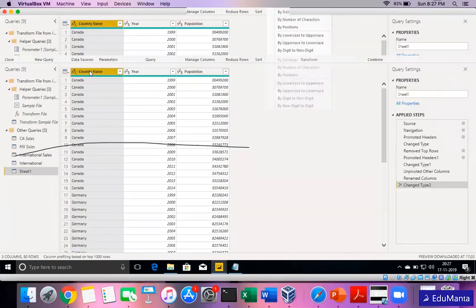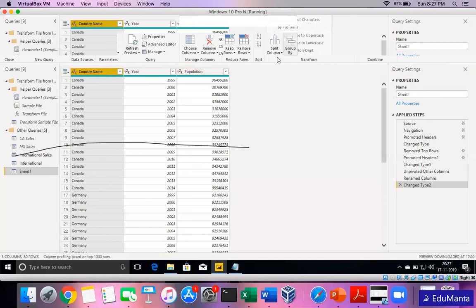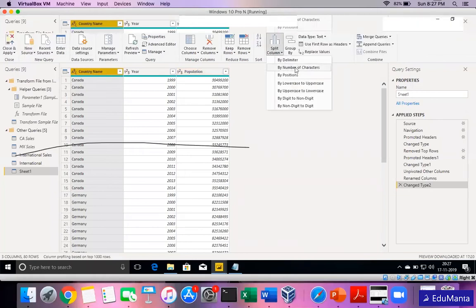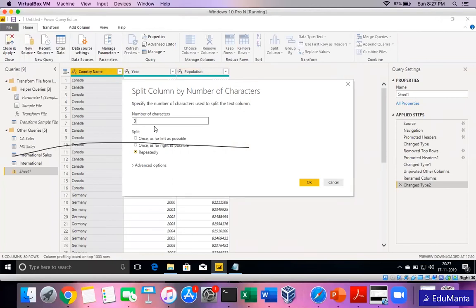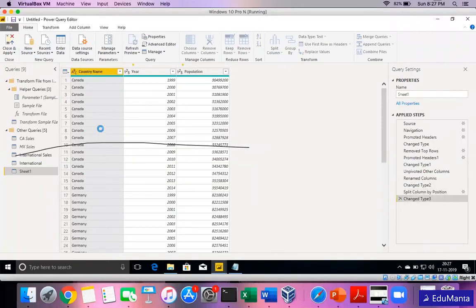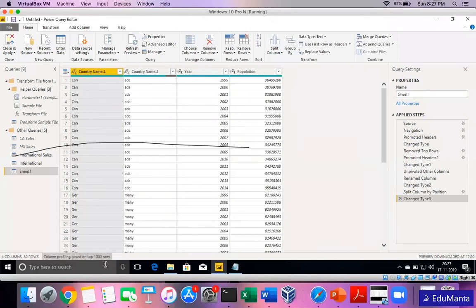For example, I have a country name, but I want to create a column which will have just the first 3 letters of the country name, which will be used as the abbreviation in the report. So I select this column and select split column by delimiter. It can be by position, or by number of characters. So I will say by number of characters, and I need the 3 characters once, not splitting into 3 and 3 and so on. Only one split. So it will split this way, CAN and the rest, and GER for Germany, and the rest will go in this place.